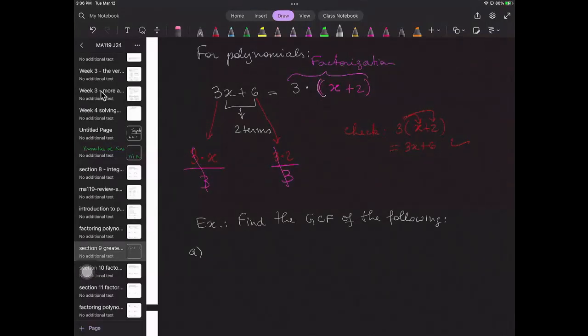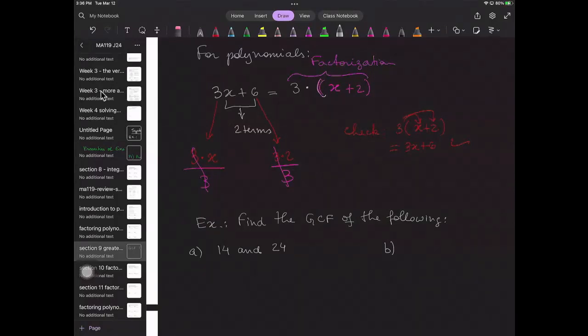So since numbers are monomials with one term only, which is the coefficient, let's start with that. So we're going to find the GCF between 14 and 24. Part B,